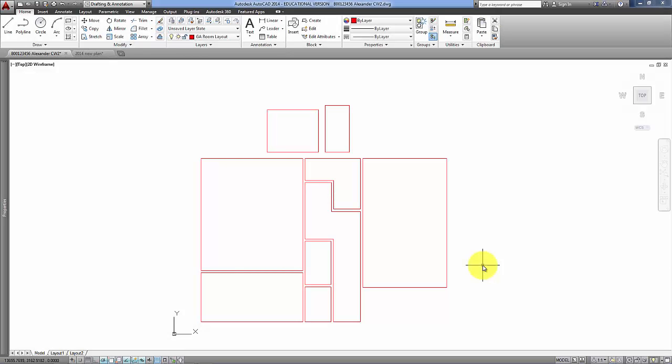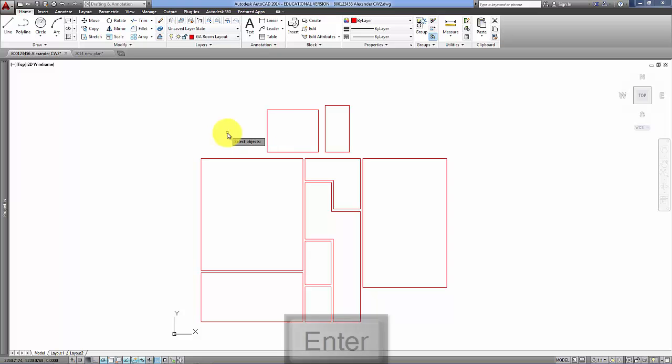Once you have all the room layouts done, it should look something like this. You should make sure that for these areas here in the hallway that the lines are polylines. So let's just check there's an extra line there. Okay, and to make it into a polyline, click the Edit Polyline tool,